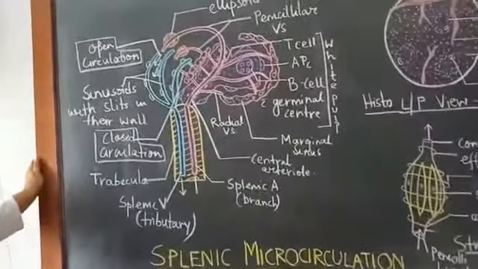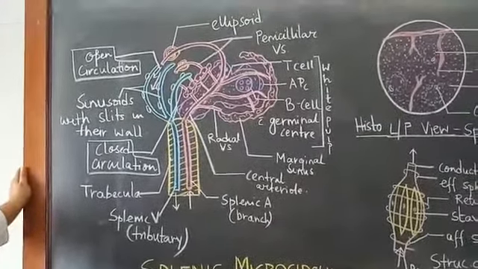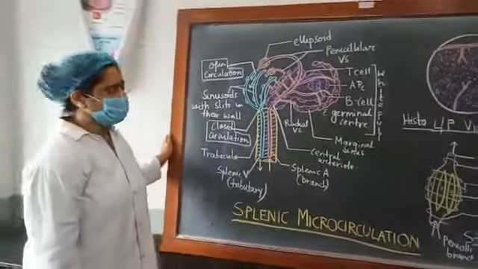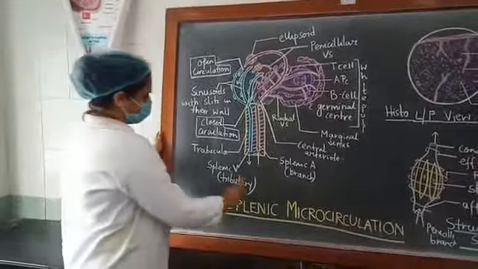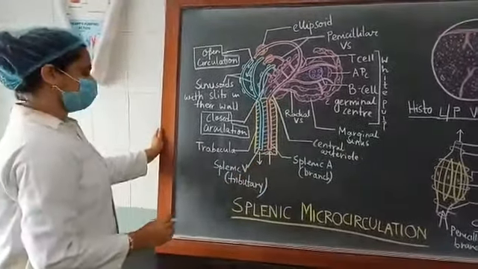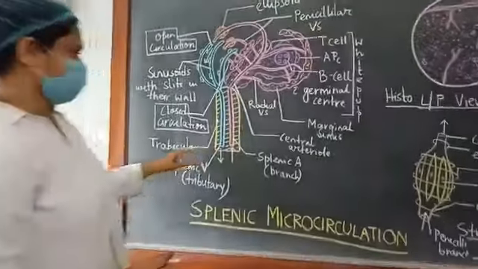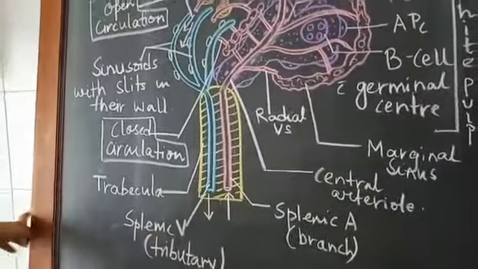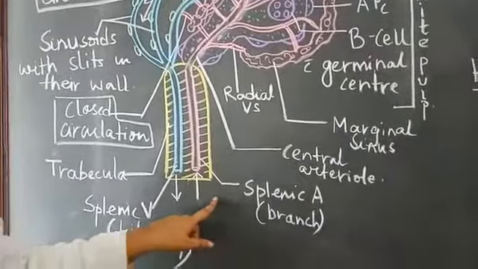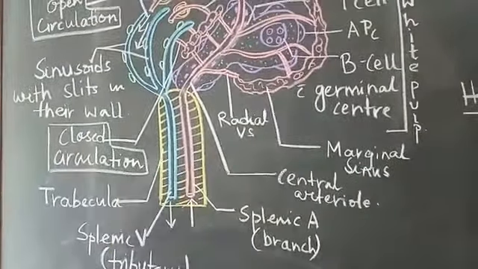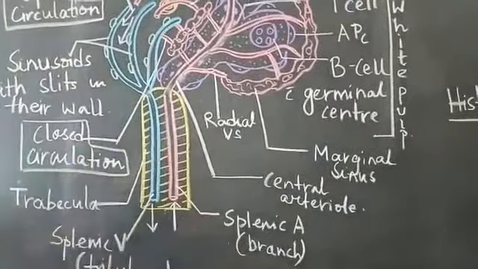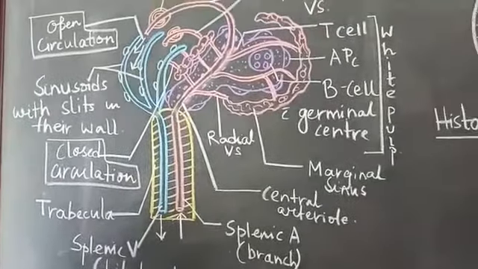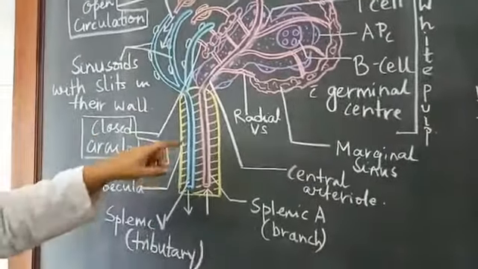The spleen is mostly supplied by the splenic artery, the different branches of which are mostly end arteries. Let us discuss this diagram. This yellow colored structure is the splenic trabecula, through which the branches of the splenic artery, shown in pink, first start traversing. Then the name changes to the trabecular arteries. Mind that these are all end arteries.